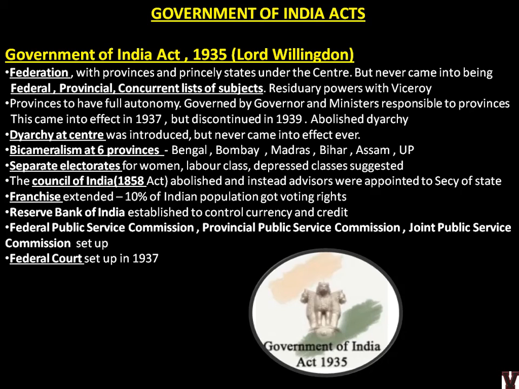Finally they'll sign the Poona Pact, and separate electorates was not given for the depressed classes. Instead they'll give reservations within the main Hindu population. Now the Council of India, established by the Act of 1858, was abolished, and instead,